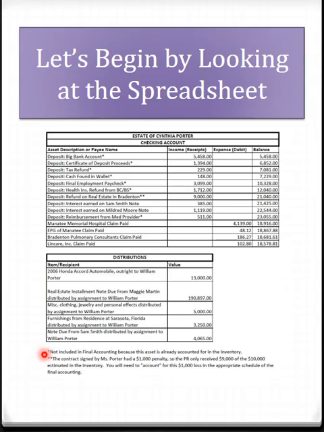And so if you'll read this, asterisk, not included in final accounting because this asset is already accounted for in the inventory. These items would include the bank account of $5,458, the certificate of deposit proceeds of $1,394, the tax refund of $229, and recall that she owned 1/2 of that refund, and therefore only 1/2 of it is subject to administration